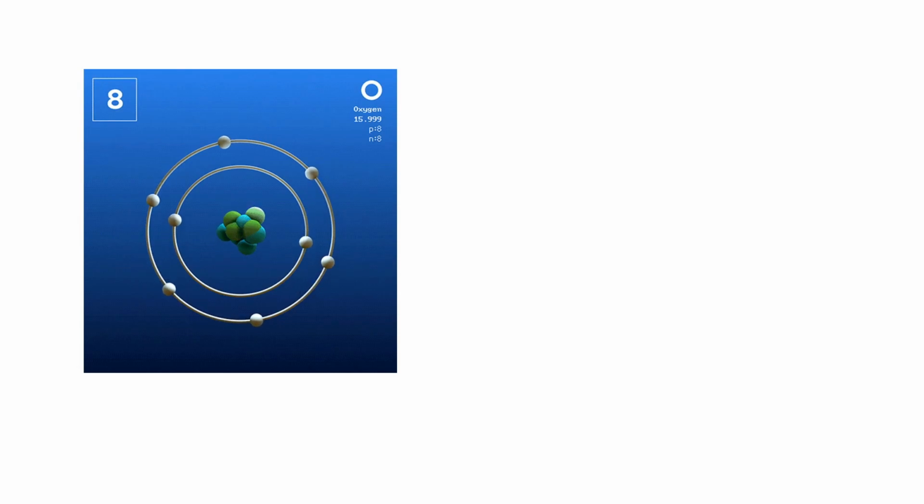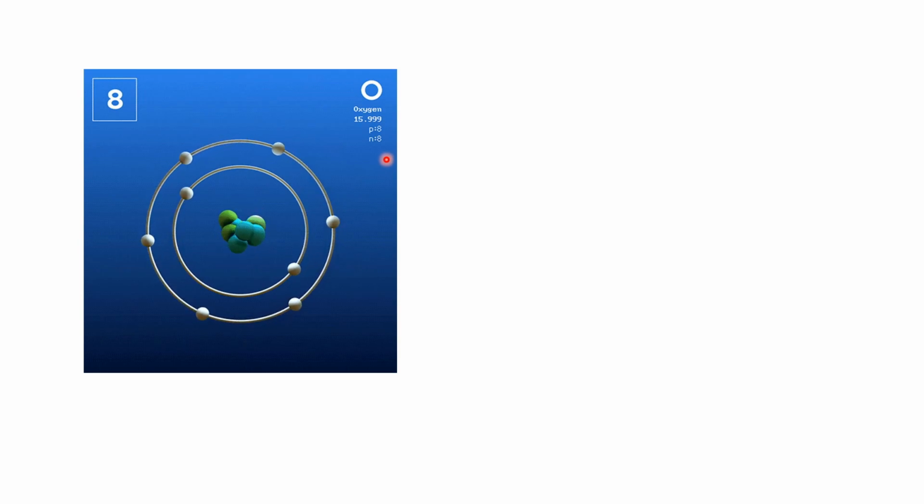So let's consider this example. This is an atom of oxygen and the symbol of oxygen is O. As you can see here, it is written here. The symbol of oxygen is O, and the atomic number of oxygen is 8, as it is written here. As you can see in this diagram, this is your nucleus where the neutrons and protons of the oxygen are residing. And these are the orbitals of electrons.